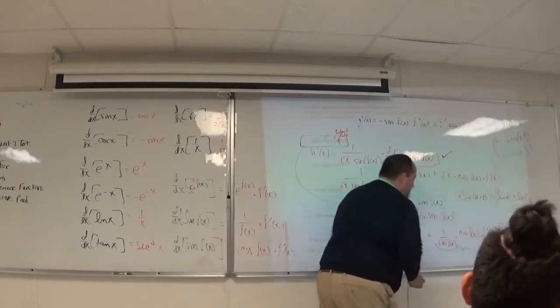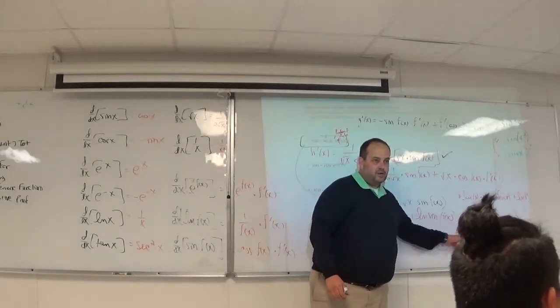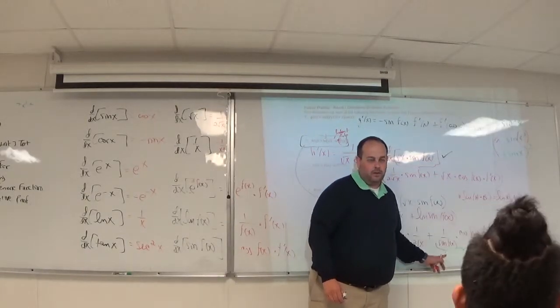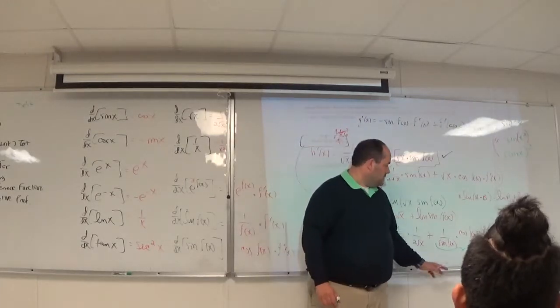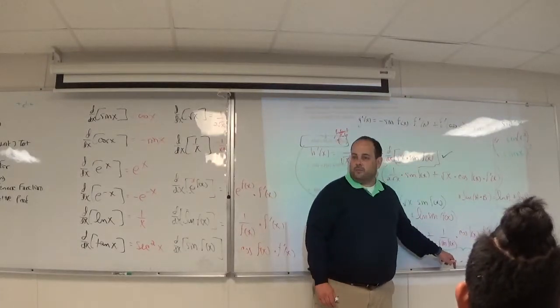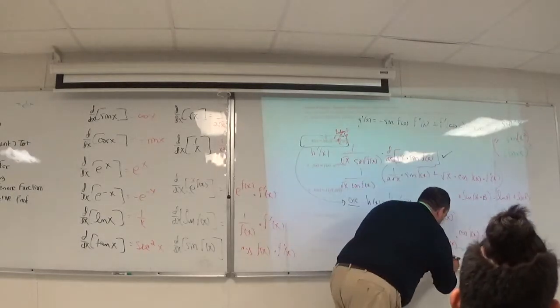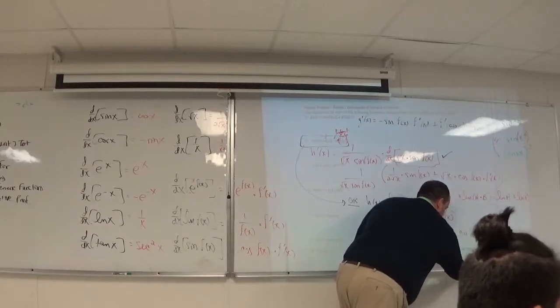Cosine f of x times 1 over sine of f of x is the same as cosine of f of x over sine of f of x? Cosine over sine is none of the things I've heard so far. Sine over cosine would be tangent. Cosine over sine, cotangent. So cotan f of x